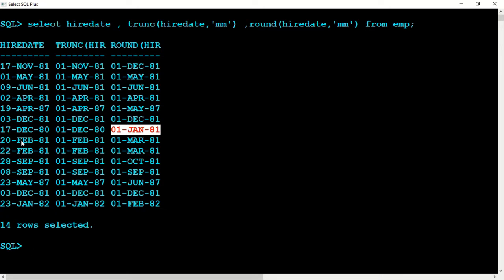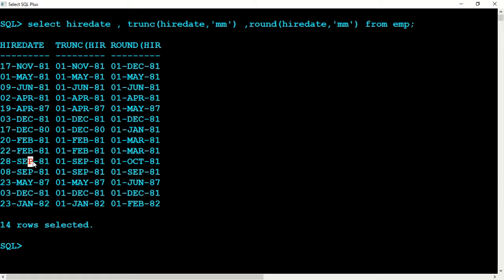20th February, now here it is 20th February, and this is greater than 15, so February will become March, 1st March 1981. Now here again, 15 and this is February, so this will become March, and the day will be 1st March.